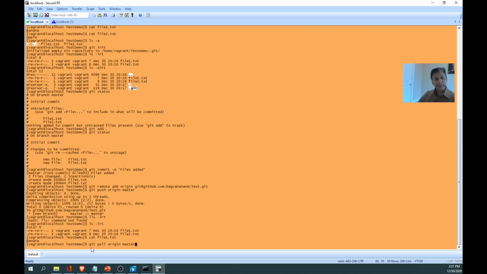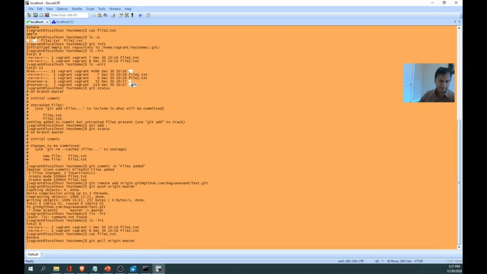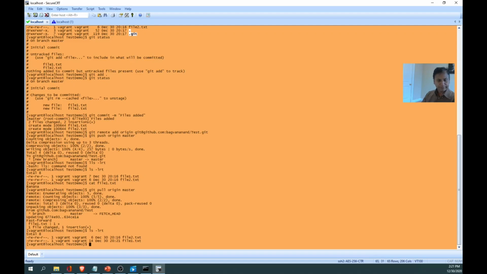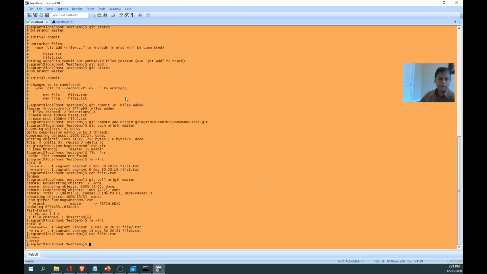I'm going to use this command, like how we push the file. Git push origin master, likewise git pull origin master. Okay. Here I got banana and cherry. All of it is updated into my working directory. After the pull, you can make some more changes if you want. These are the things we need to work on here.